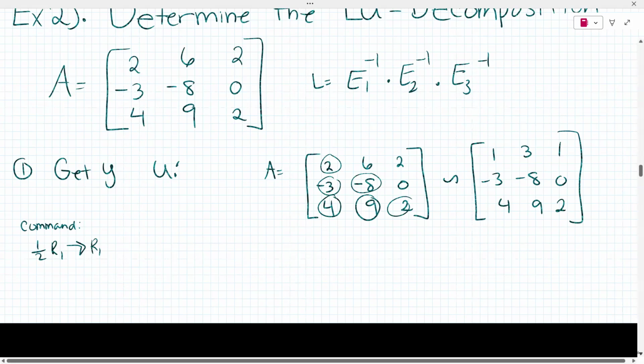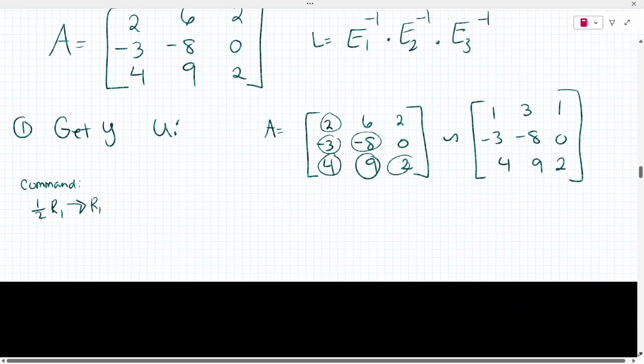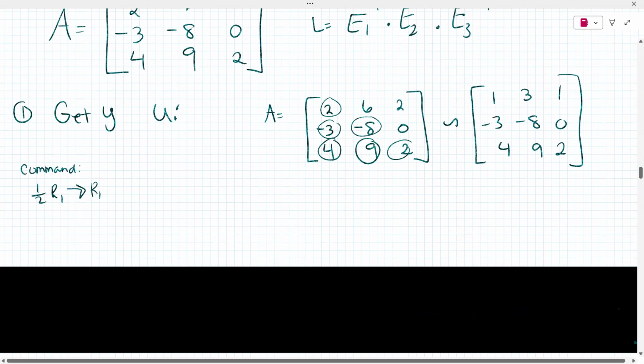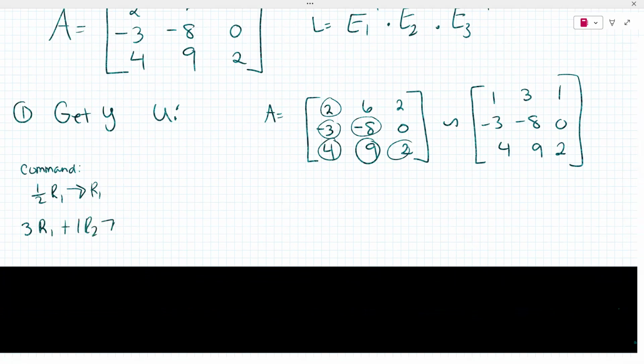Okay. And then my next command would be, well, let's mess with row 2. So it's going to be 3 times row 1 plus 1 row 2 gives us your new row 2. And when you do that, you get